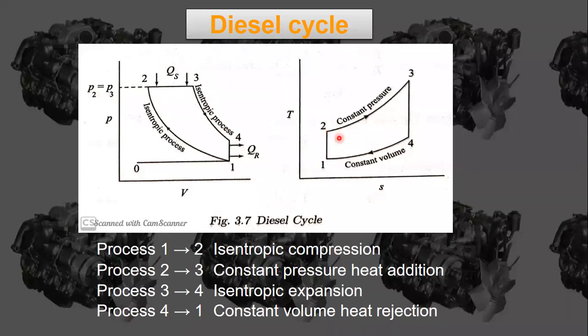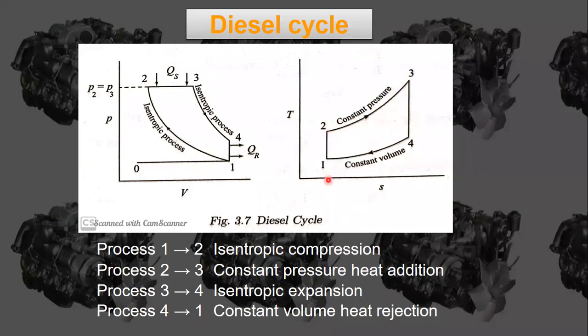Okay, and what is the next process? 2 to 3. Okay, what is that process? Constant pressure heat addition. Okay, during 2 to 3 there will be heat addition. If we add heat, that means if we inject fuel, there will already be some pressure and temperature raised for the air. Okay, after dispersing the fuel into that dense air, it is going to combust when it reaches its self ignition temperature. So that's why there will be an increase in temperature here. Because of that there will be a huge increase in temperature, and also entropy is going to increase here.